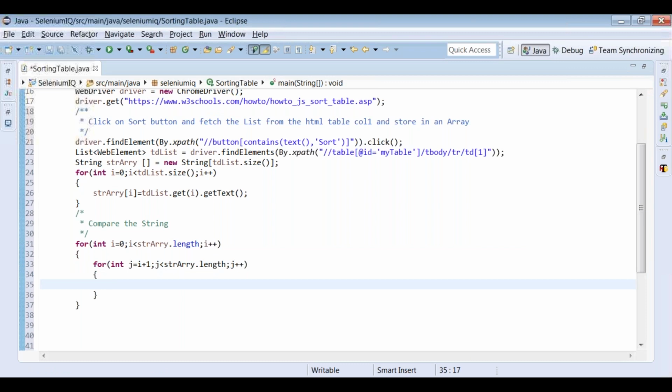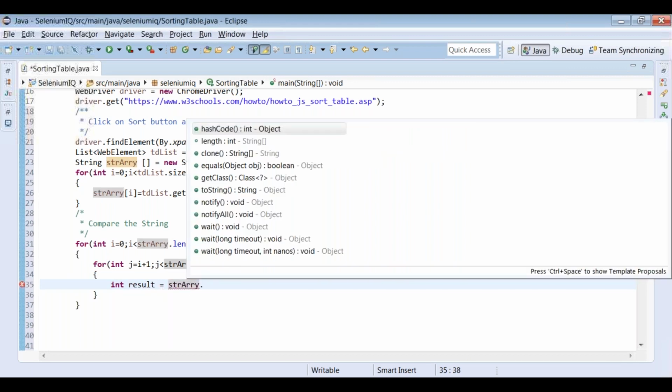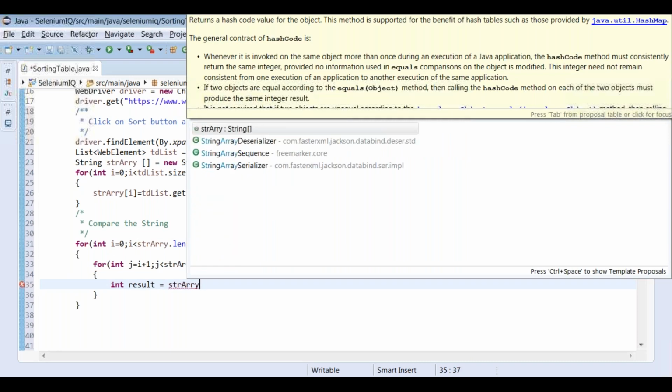In the nested for loop, we have to write a conditional statement, that is if. Okay, let's do one thing. Let's create one more variable, int result equal to str array of j dot compareTo str array of i.